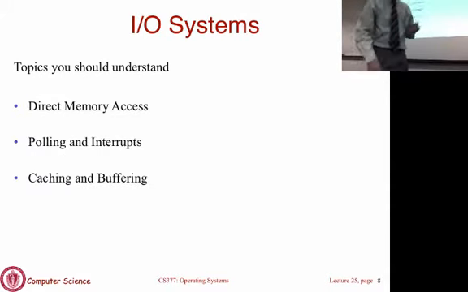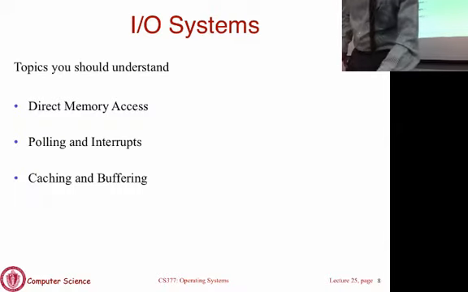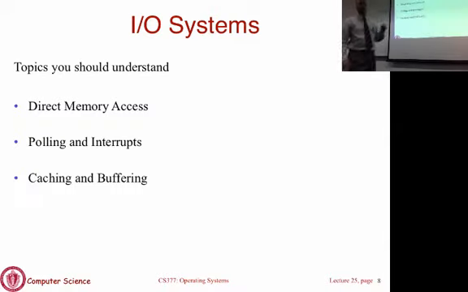Okay, so I already mentioned direct memory access and polling here. The last thing we talked about in I/O systems and also file systems is this notion of caching and buffering. We said I/O devices are very slow. The CPU is very fast, so there's a speed mismatch. Typically, if the CPU needs to do I/O, it has to wait for a slow I/O device to execute its